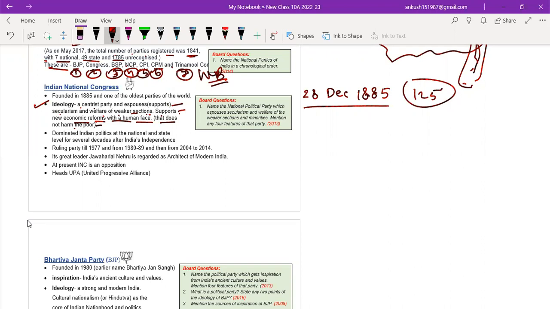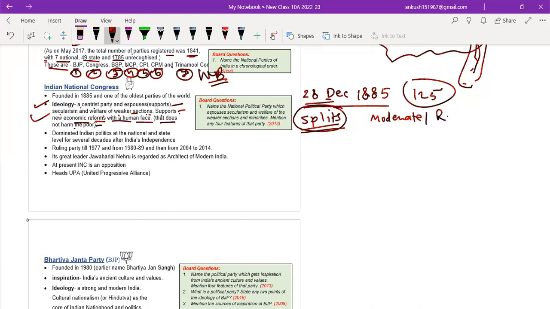Yes, sir. Okay, one second. So this party is also popularly known as Congress Party. This is one of the oldest parties of the world. It was founded on 28th of December 1885 and has experienced a lot of splits within itself. Now, why did I say this? Because you might have heard, you might have learned in your 8th standard that the party was split over the issue of